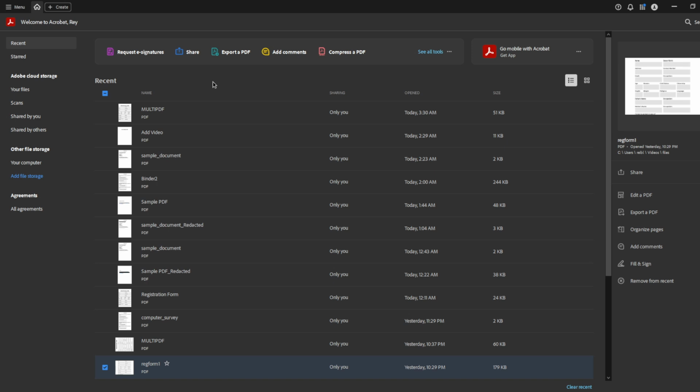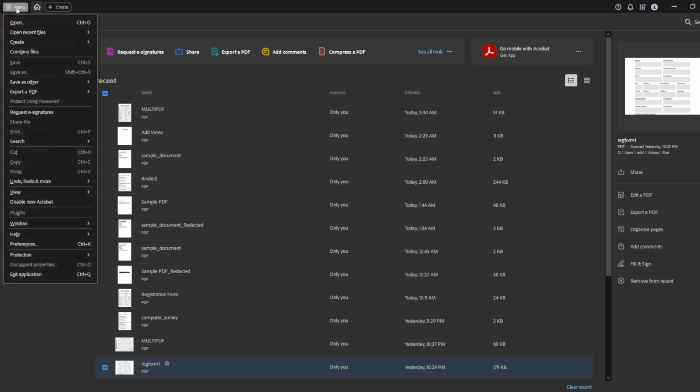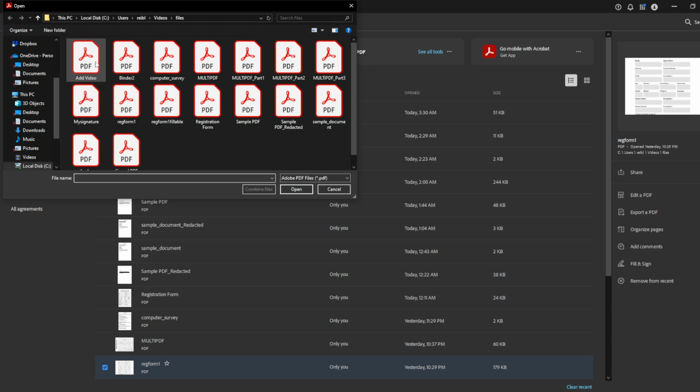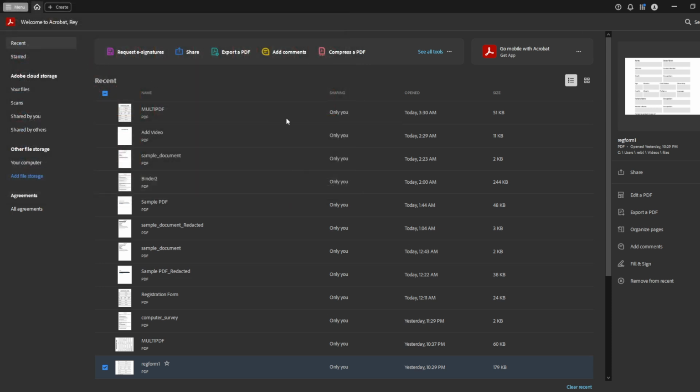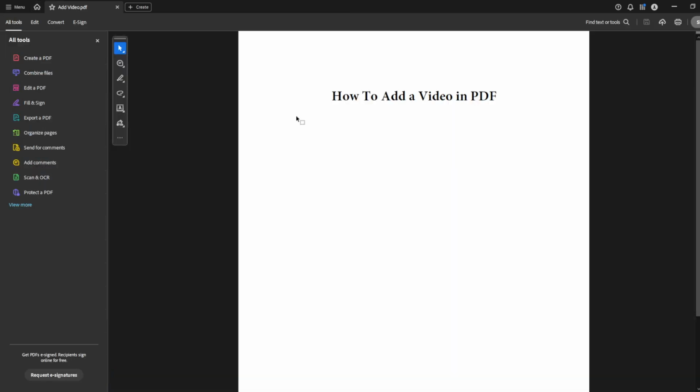using Adobe Acrobat. First, you'll want to begin by opening your desired PDF file in Adobe Acrobat. If you haven't already selected a PDF, take a moment now to open the document that you'd like to enhance with video content. Once your PDF is open, look to the top left corner of your screen where you'll find